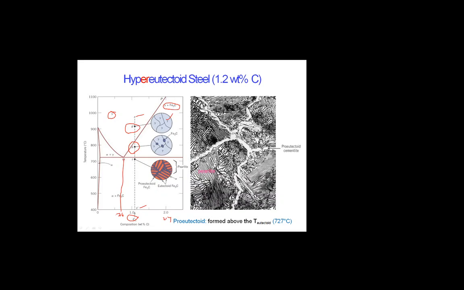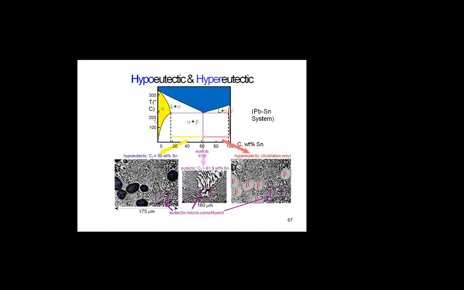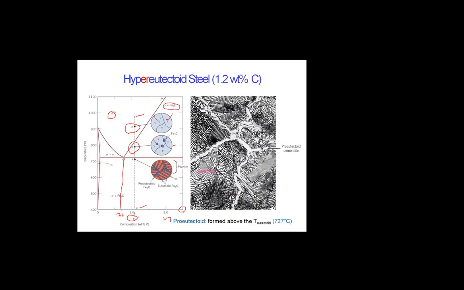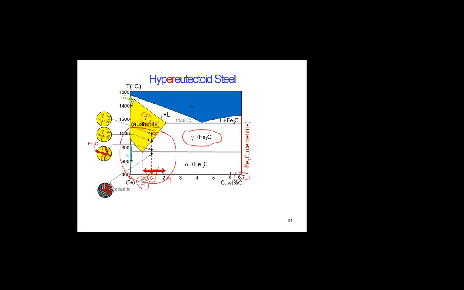At the point H, the gamma transforms to the cementite phase, beginning at the gamma grain boundaries, similar to the alpha phase boundaries that we talked about earlier. This cementite is called the pro-eutectoid cementite, meaning it forms before the eutectoid reaction. Of course, the cementite composition remains constant at 6.67 percent carbon.